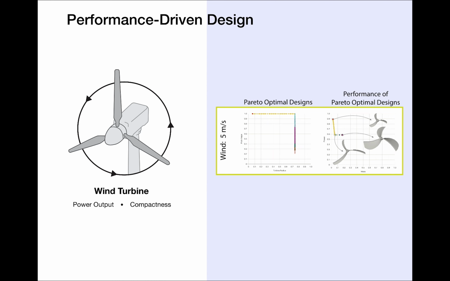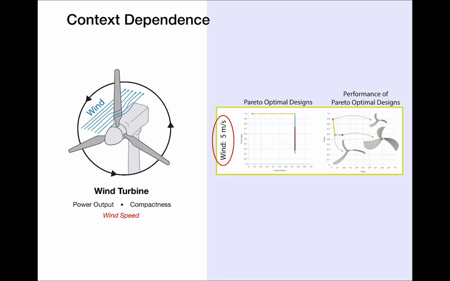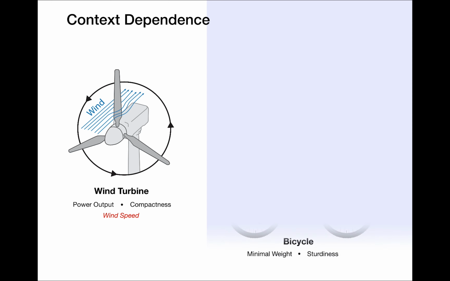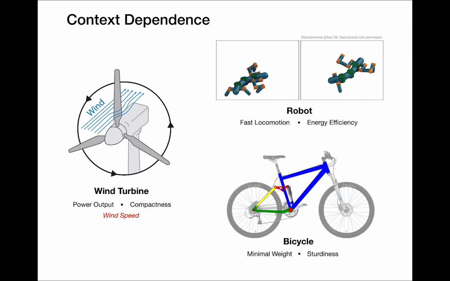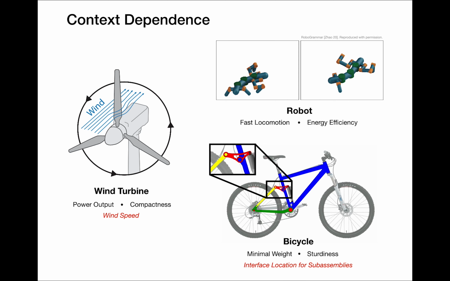The optimization must account for constraints and assumptions derived from the part's context or the scenario in which it will be used. For the wind turbine, we must consider the wind speed and air density at the installation site. For the bicycle rocker, we must preserve the bolt hole locations so that the part fits within the surrounding assembly. And to judge this robot's locomotion, we must account for environmental parameters like the ruggedness and friction coefficient of the